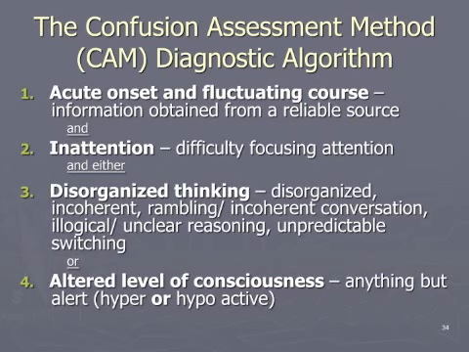So the four pieces that we look for to assess the presence of delirium are the acute onset and the fluctuating course; the inattention, that is the difficulty focusing on something, and that's where I suggest it's important for us to use some sort of formal mechanism for assessing inattention, because it might be quite easy for a patient not to display that inattention in just casual conversation with us. Certainly, disorganized thinking is very typical, the rambling, incoherent conversation, and I'll give you a very brief quote from a patient who, when I spoke to her on Monday, was completely clear.